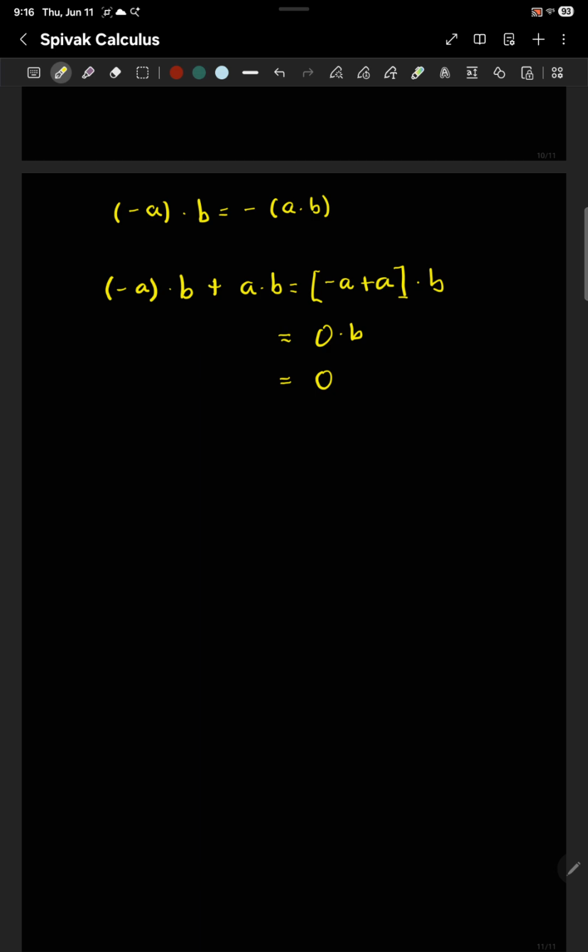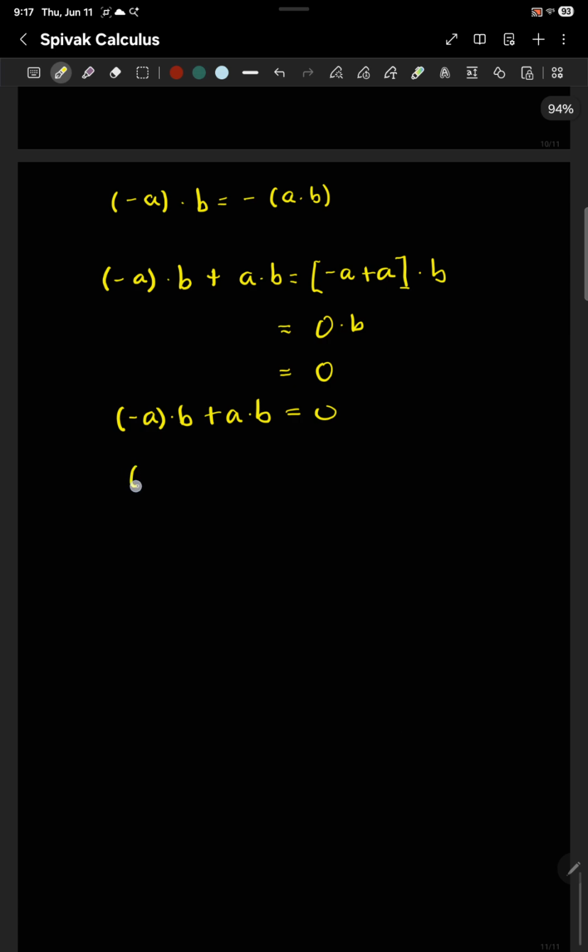So what does that mean? Well, we don't even need to think about what it means, right? Since negative a times b plus a times b is equal to 0, what is the inverse of ab? It's minus ab. So if we add both equations by the inverse of ab,